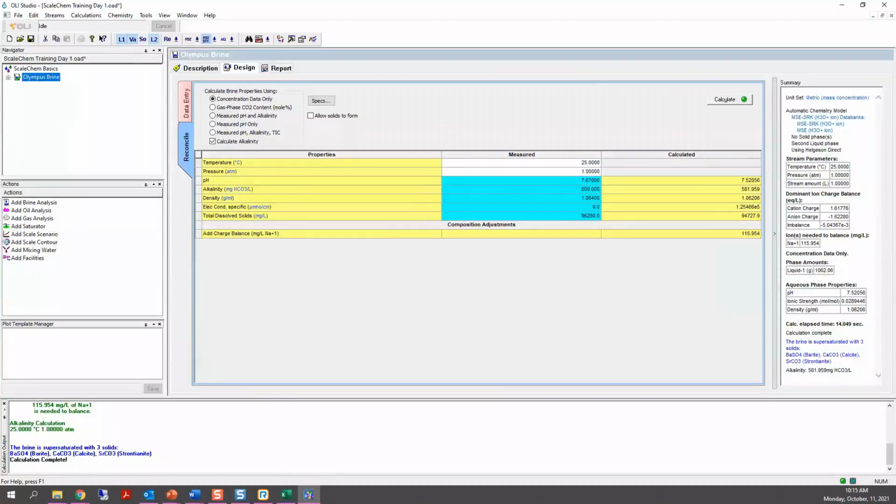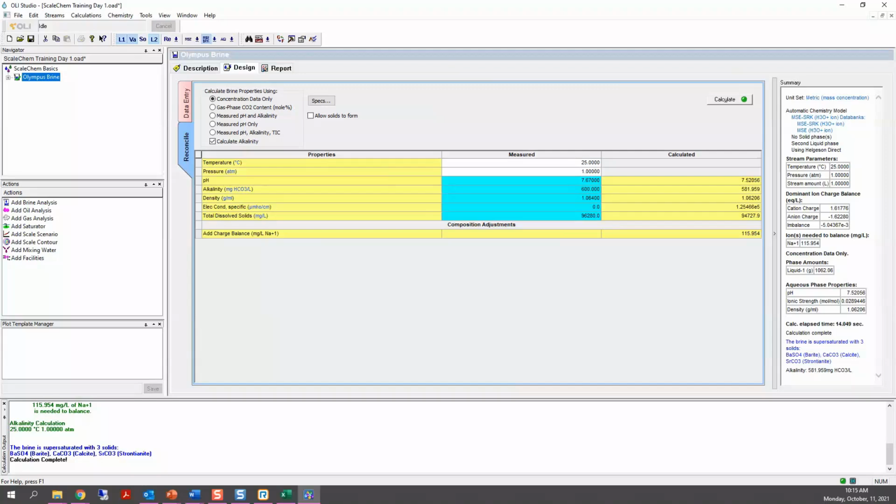So now, let's say, and this is theoretical, let's imagine that you're producing only brine, okay? And you have been given the temperature and pressure conditions at each location of the flow line, the production line. And that's what we're going to do. We're going to see what happens when you change temperature and pressures and how the scaling risk changes as you change those temperature and pressure conditions.